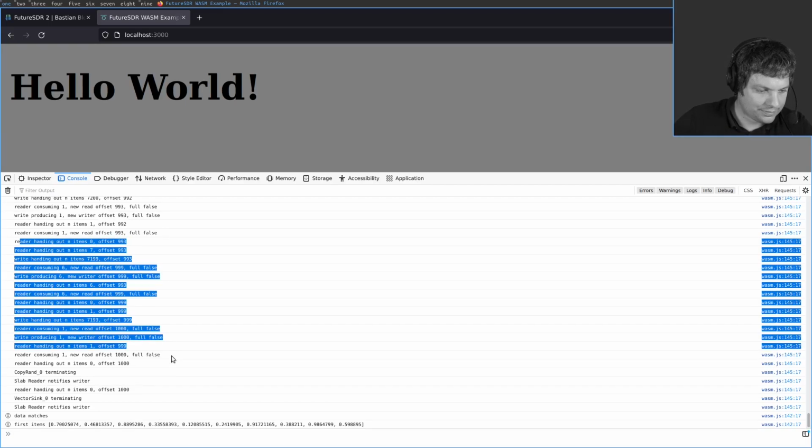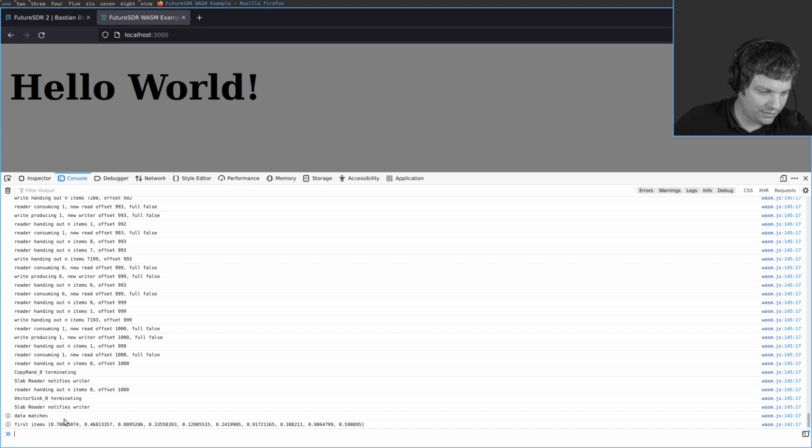And again, finally we say data matches. So we have propagated all this data from this random vector into the vector source. So now we have an SDR framework running in the browser. I mean, it might not seem very useful, but I think WebAssembly is an interesting target, also maybe for edge computing stuff.